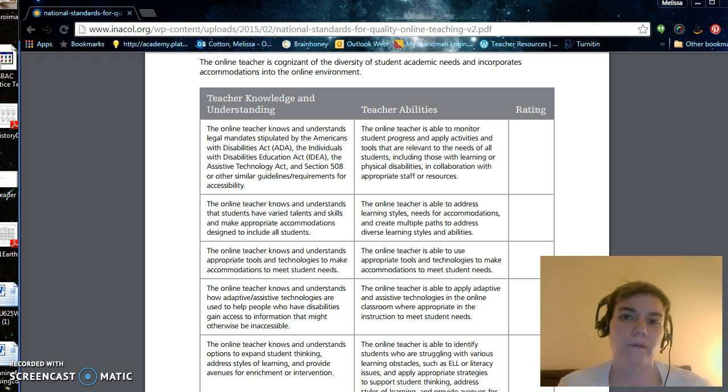We have students with 504 plans and IEPs. Well, those don't go away just because the students are taking a blended class. Just because their path is individualized by Khan Academy doesn't mean that you as a teacher aren't still responsible for making sure that the student's needed accommodations are being met. So it's important that as you go through the different Khan Academy lessons, and you should know what is in each one of your lessons that you give your students, you think about that student and what they might need.